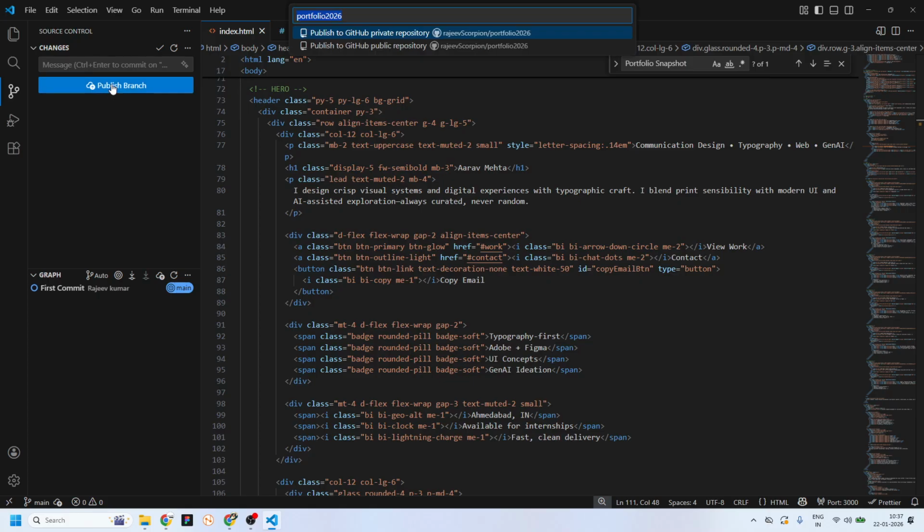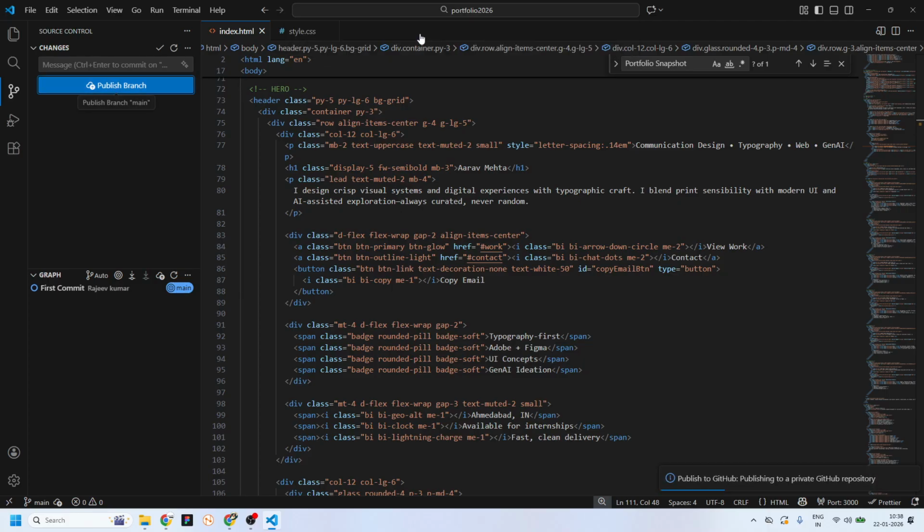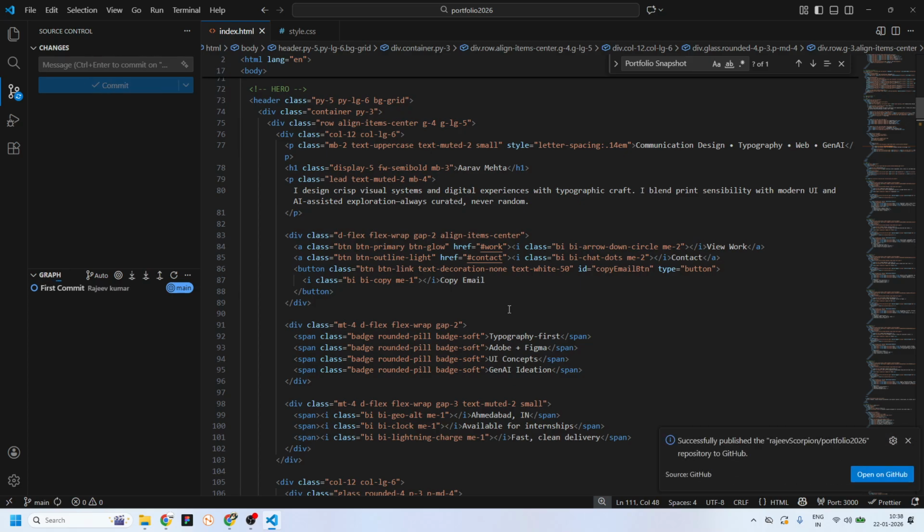Let me click on this, and it is asking me where do you wish to publish it. It automatically created the repo for me, which is Rajiv Scorpion slash portfolio 2026. I'm gonna click on this and just wait for a while, and done. It gives me an option of opening this on GitHub. So let me just click on this,